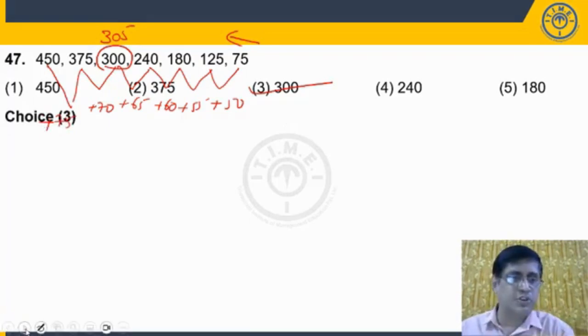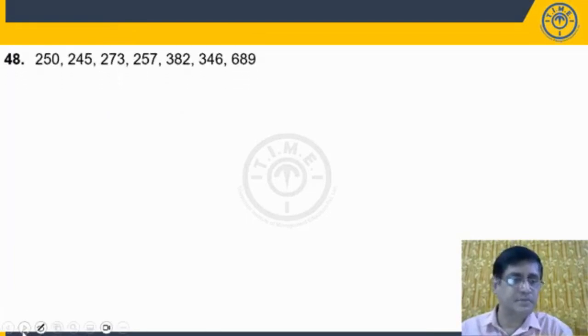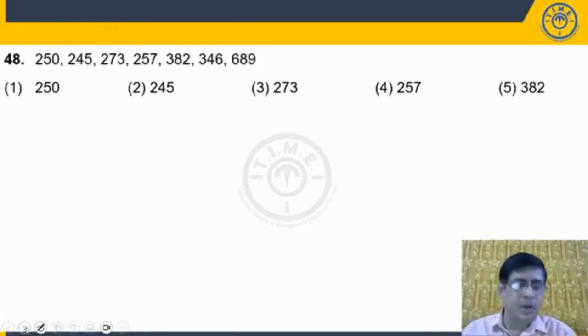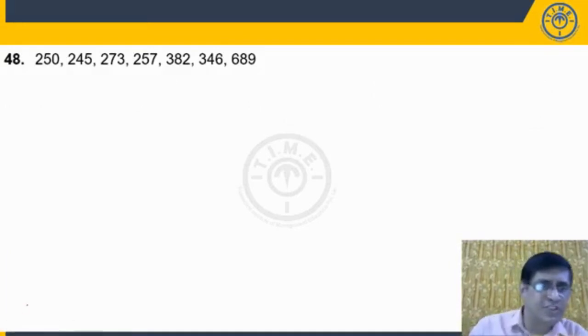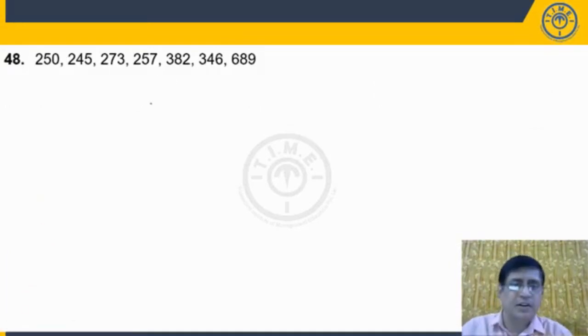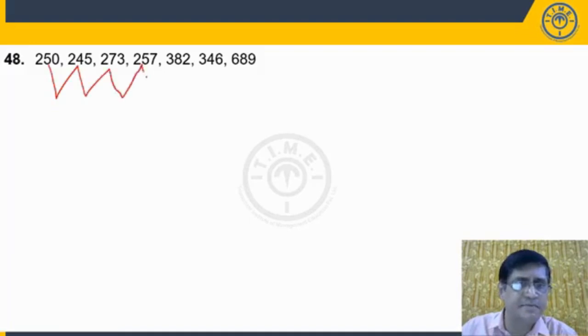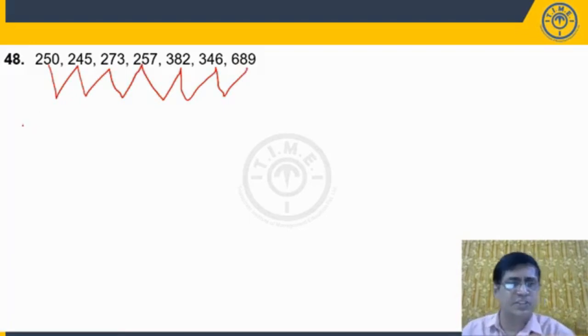Now look at the next question on your screen. How are these related? What is the relation here? Just look at the difference between the numbers. What is the difference here? Yes, my dear students, you already wrote this test, so I will just give it. Now the difference of these two numbers is 7 cube. And the differences of the other numbers are 6 square, here 5 cube, here 4 square,